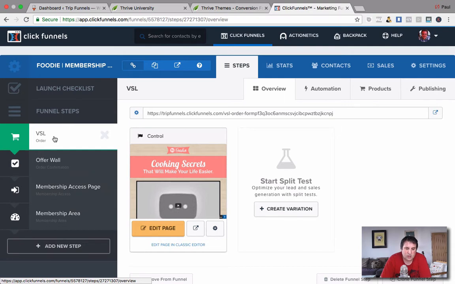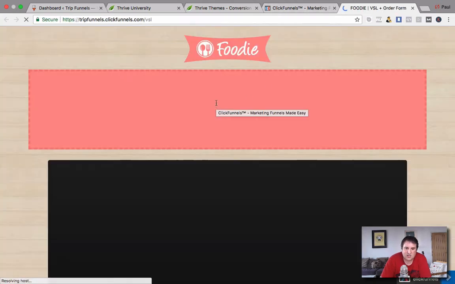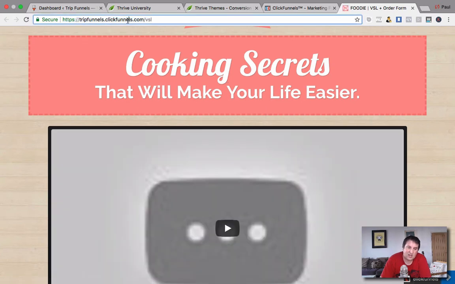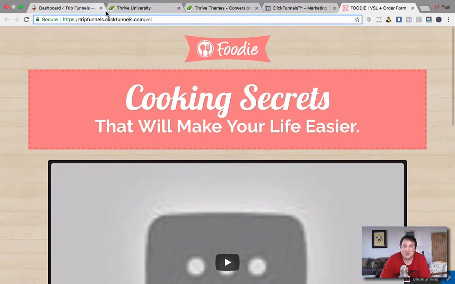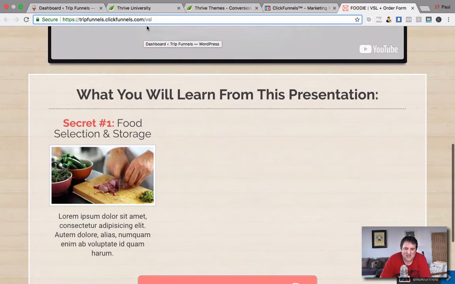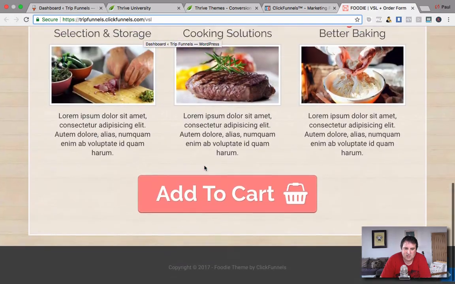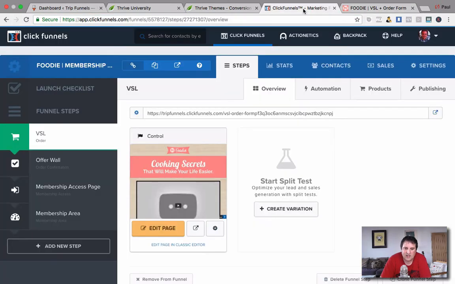Really good. So we'll just go into edit page. If you want to see the page, you can just click that one, and then it will take you to the page. At the moment, I haven't set up a domain on this, so it's just saying tripfunnels.clickfunnels, which is quite funny because my company's TripFunnels. And then it will just give you the basics. So that looks pretty smart, right? At the moment, they're selling a little mini course or whatever. And then to edit the page, you'd go in here,